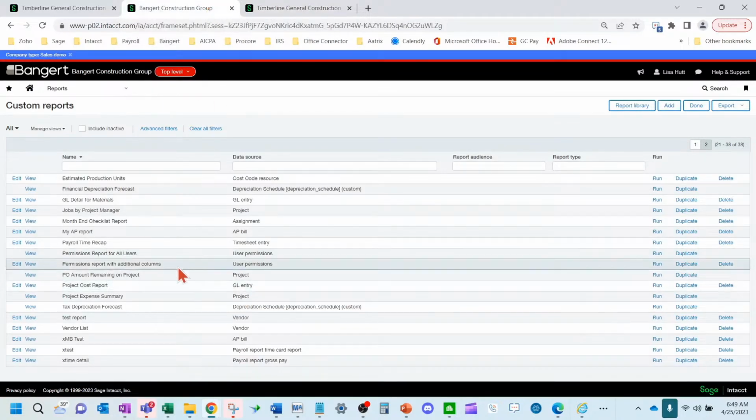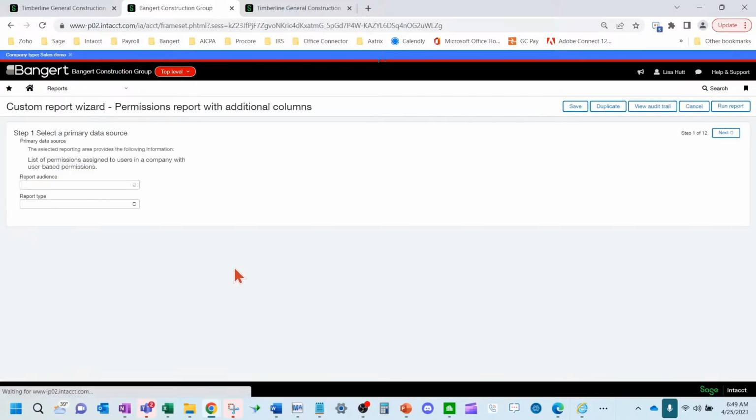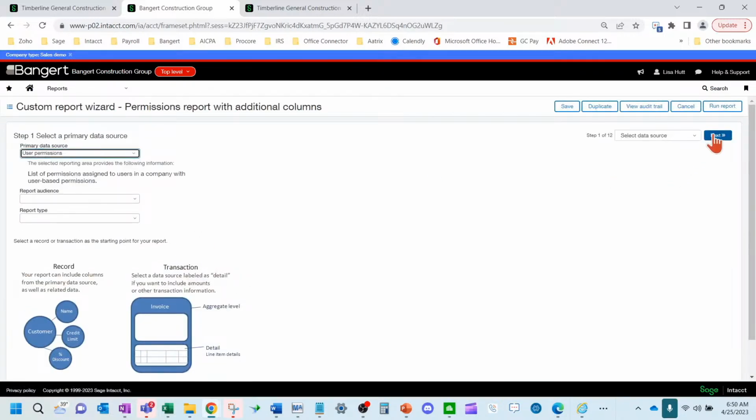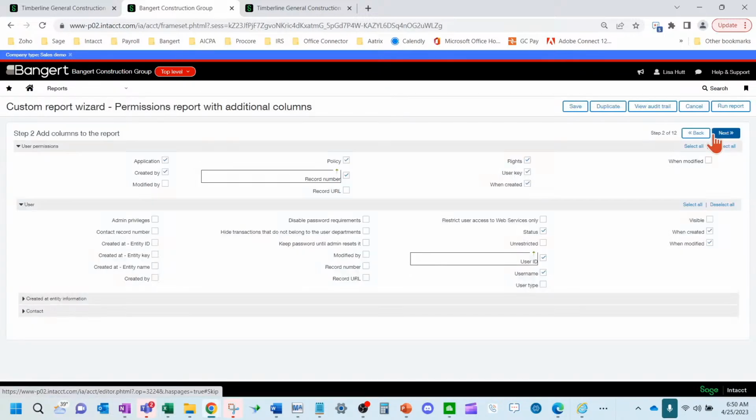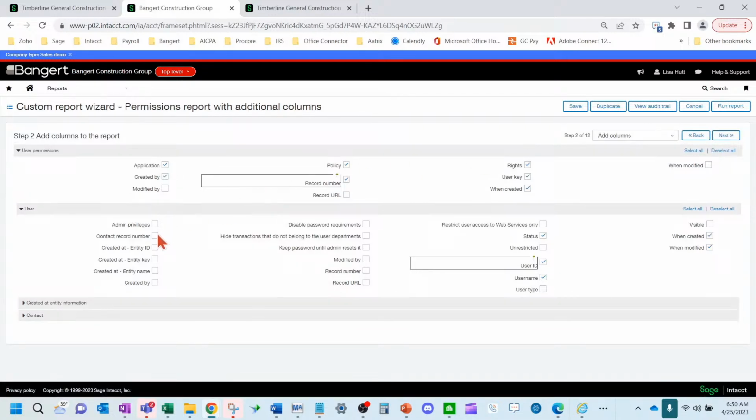But let's say we don't find that report entirely useful yet because we need to add some more columns. We can come right in here to the custom reports wizard and add some more columns that are available here, maybe you want a couple of these on.